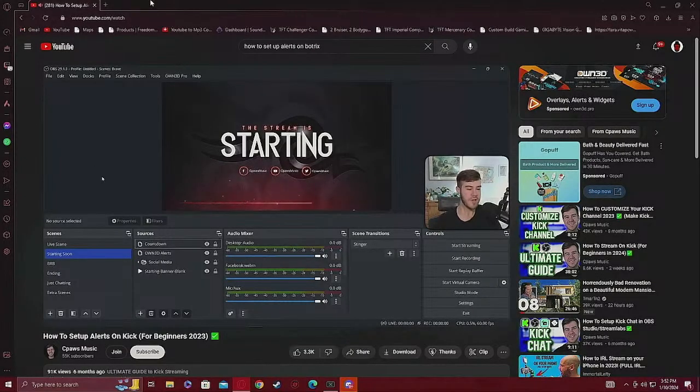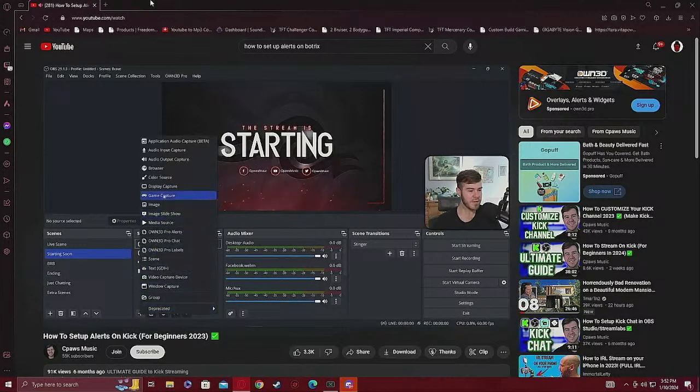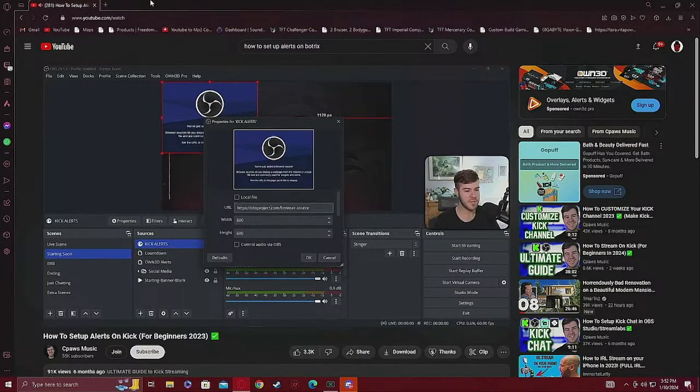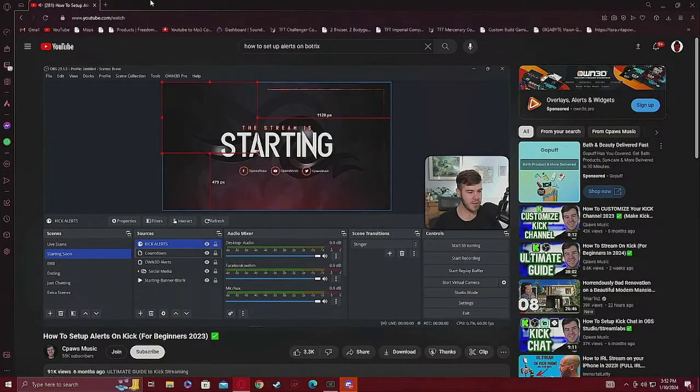But once you're in your software, we're going to click on the plus button under sources. We're going to click on browser source. We're going to call this Kick Alerts. I'm going to click OK or hit enter. Then I'm going to paste the URL that we just copied, click OK, and now you can adjust the size